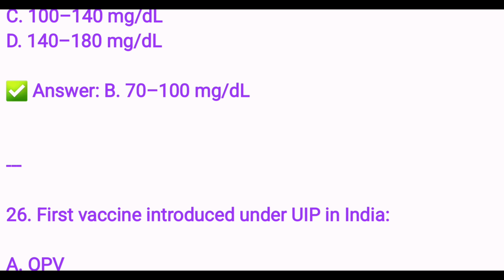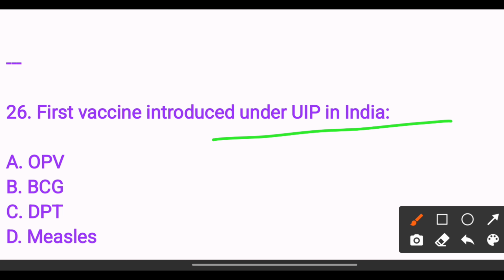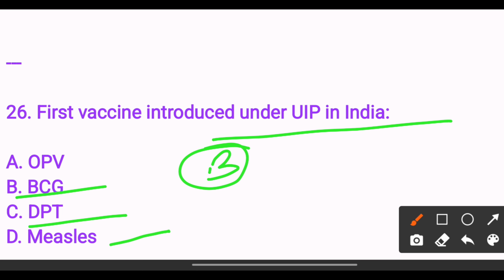Next, first vaccine introduced under the UIP in India. Option A OPV, option B BCG, option C DPT, option D measles. The answer is option B BCG. Next,